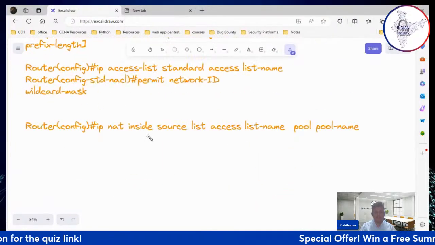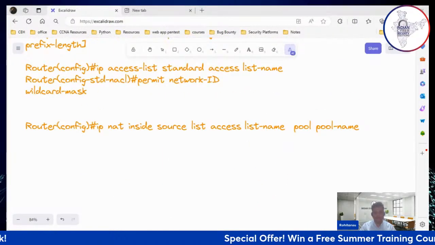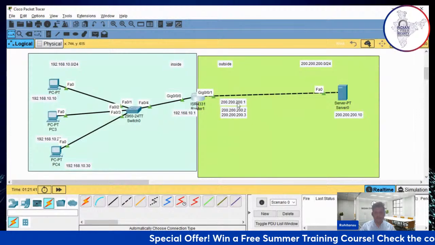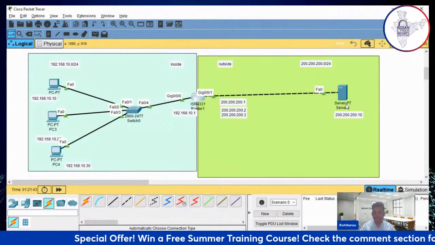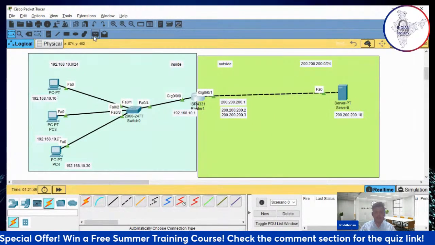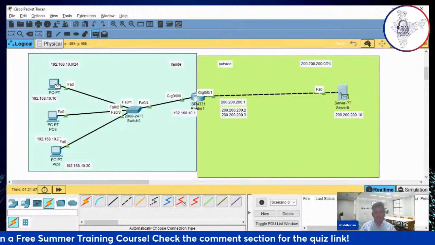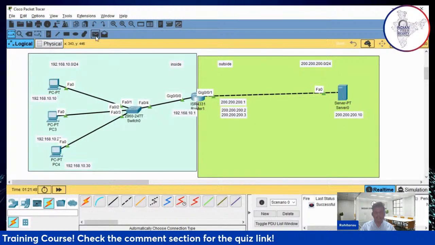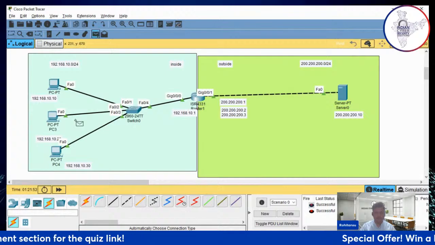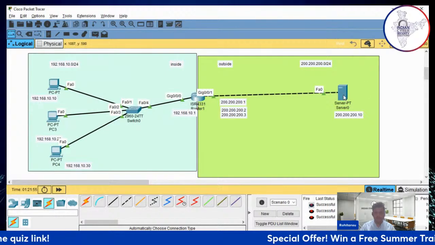Configuration is building now. So what happens here, whoever requires an IP address will take an IP address from this place and it will go to the internet, bring the information, and get it back. So I'll send a message from here to here, it is successful. Send a message from this PC to this PC, it is successful. Send a message from this PC to this PC, it will be successful.